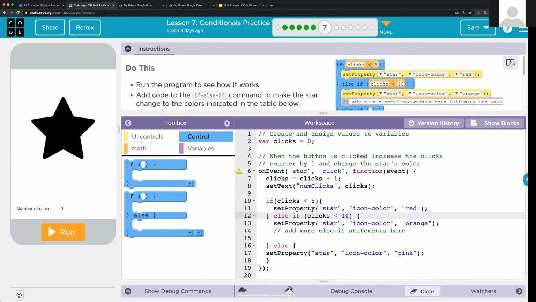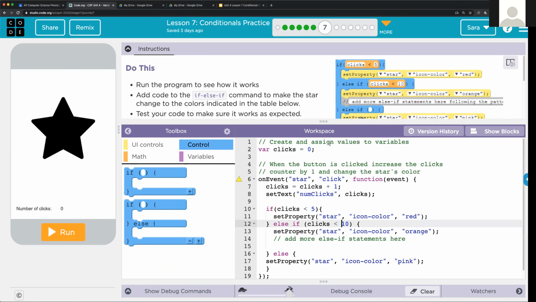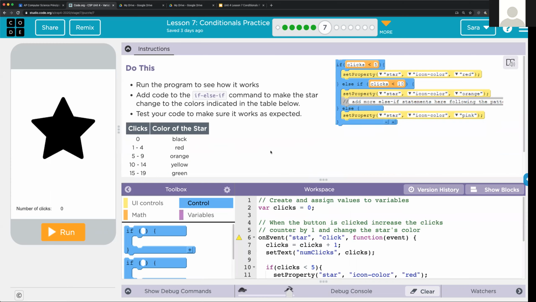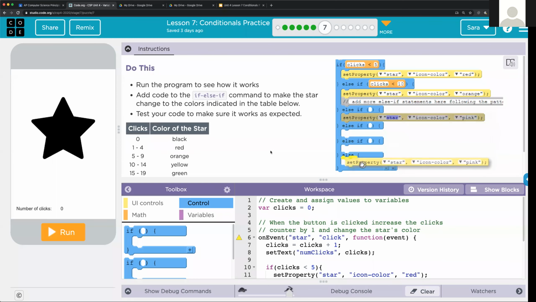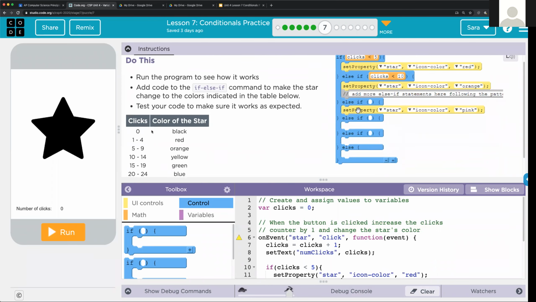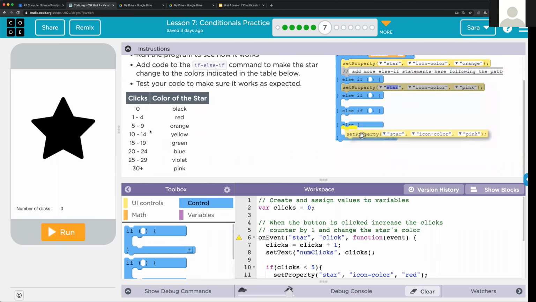So we are over here working on puzzle number 7. Let's go ahead and jog our memories about what this one was all about. It built on the previous star apps that we looked at, where we want to change the color of the star based on the number of clicks that we've done on the star. There's a nice little table here that indicates the color it should change to based on the number of clicks. And if we take a look at the code right now, if the clicks is less than